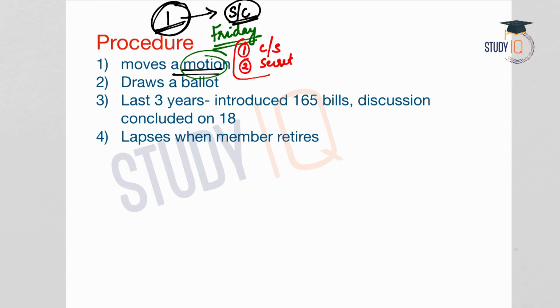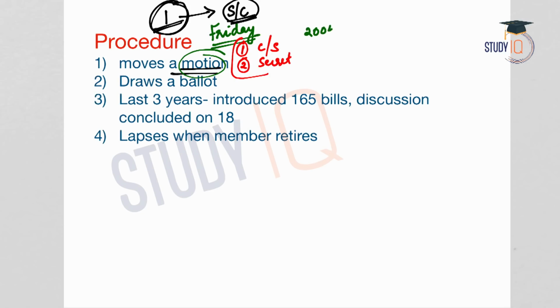Some recent examples. One, in 2004, when a bill seeking to amend the preamble of the constitution was introduced by a private member, it was opposed in the parliament. And the second example is in the year 2015. A bill to decriminalize homosexuality was introduced in the Lok Sabha by a private member, and this was also opposed. So it was not able to be introduced in the parliament because the motion was defeated. So these 2 are some recent examples where the motion was opposed, but usually the motion will not be opposed.